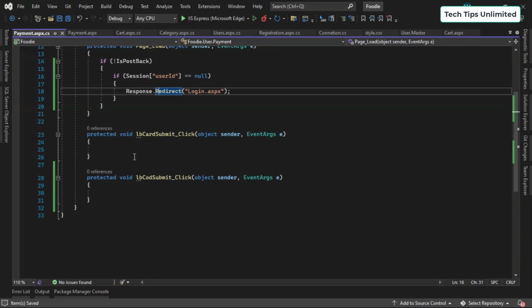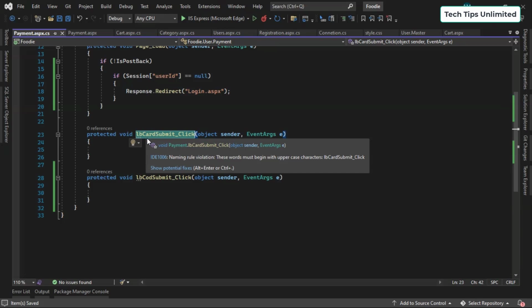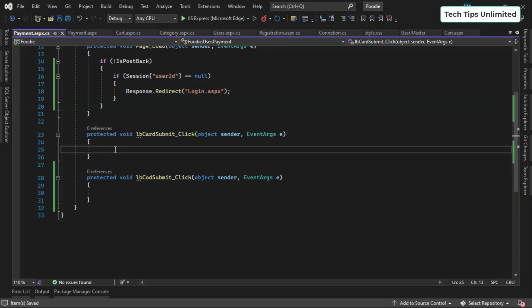Now what we want, when we click on the card submit button, that is the first one, the card payment. When we click on that confirm button, this button click event will be called. So what we want